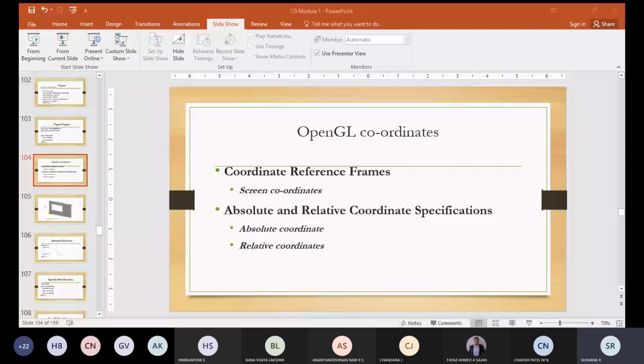For this, we'll use a number of geometric transformations, like rotating the primitive and scaling the primitive. So for those primitives which we want to display on the screen, we can perform rotation and scaling.